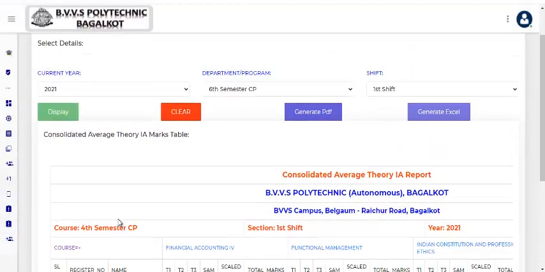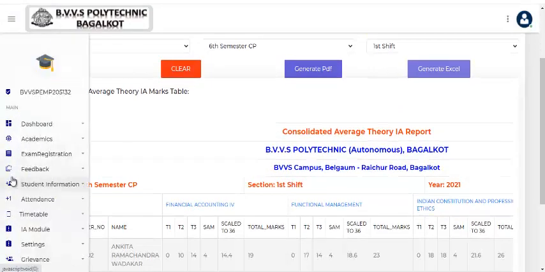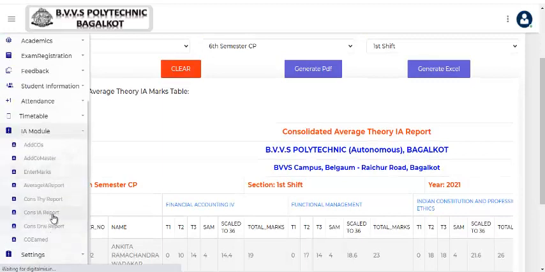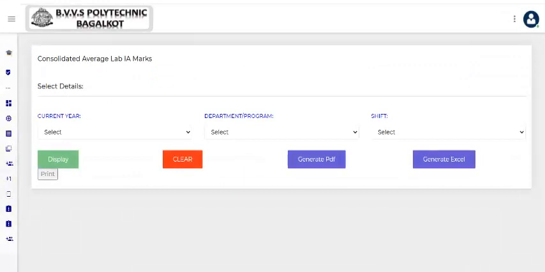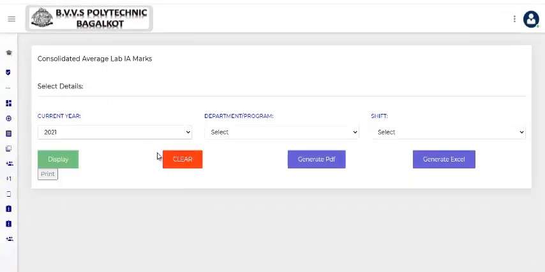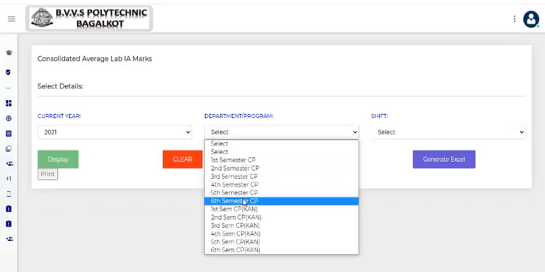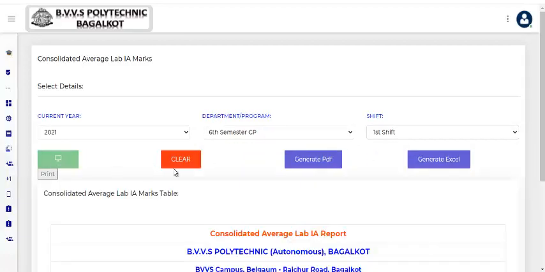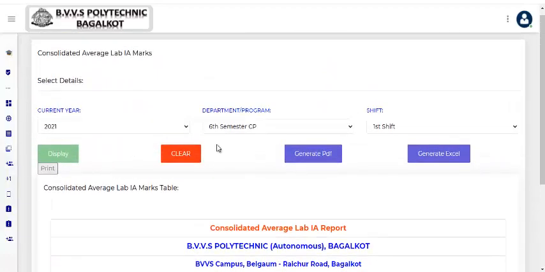Next, I'm coming with the theory. We have got the details, and next I'm coming with the consolidated IA report, where I'm choosing it for 2021. Where I'll just take it as 6th semester, first shift, display. 4th semester, first shift.